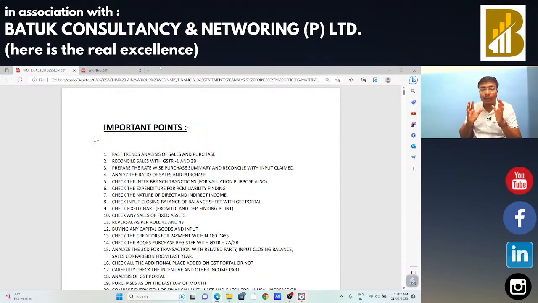In that case, to find revenue leakages, to find certain things, one requirement is that you need to analyze the financial statement. When you are going to analyze the financial statement, in that case,